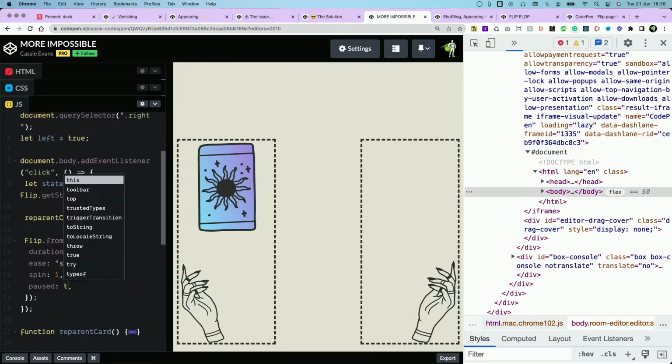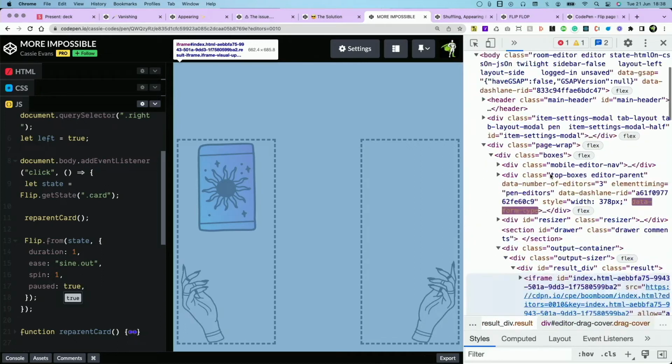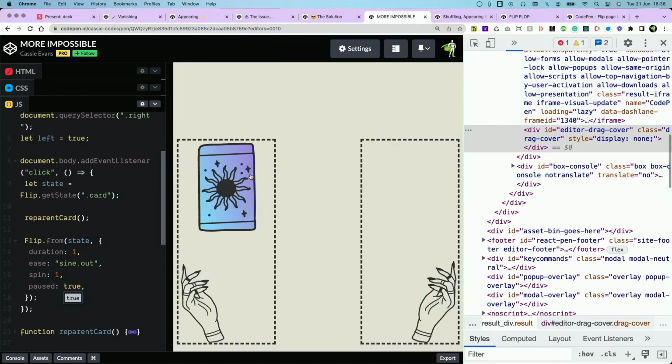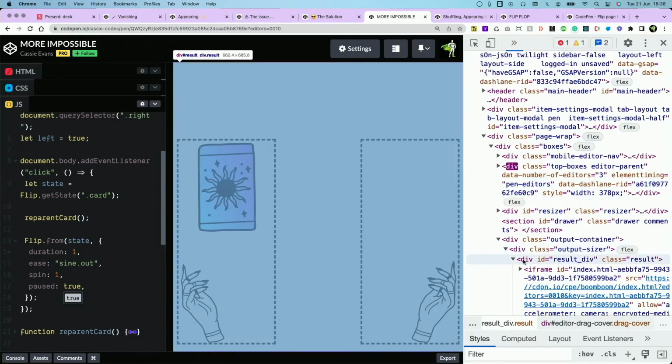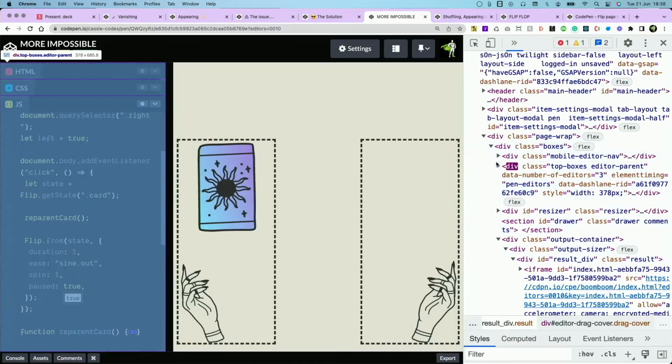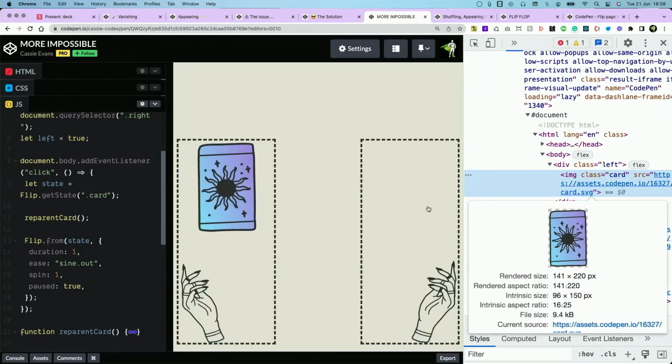Okay, so we'll go pause true, and then if we take a look, oh, CodePen, where is everything? Can you see it? Where are we? Spot the div. Boxes. Inspect. There we go. Okay, cool.